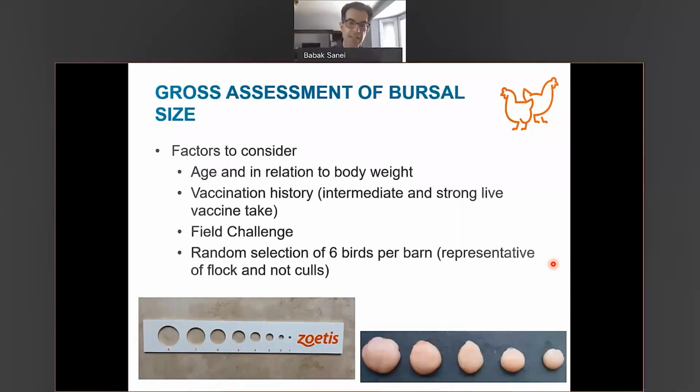So if you communicate that back to your veterinarian, you could actually say, well, the size of the bursa is this. Or the vet, actually, I use it myself too when I open the birds, because you record it, and you have some kind of objective measurement there. Now,